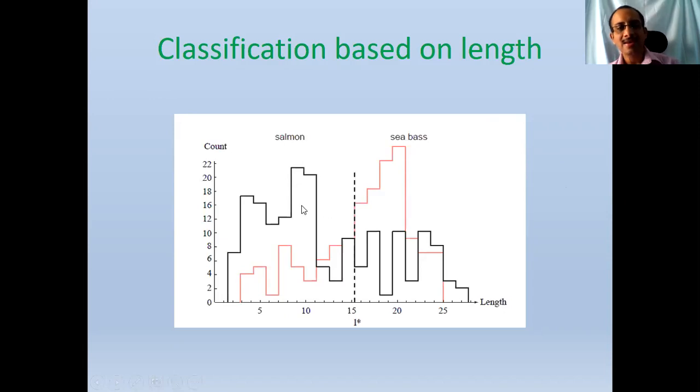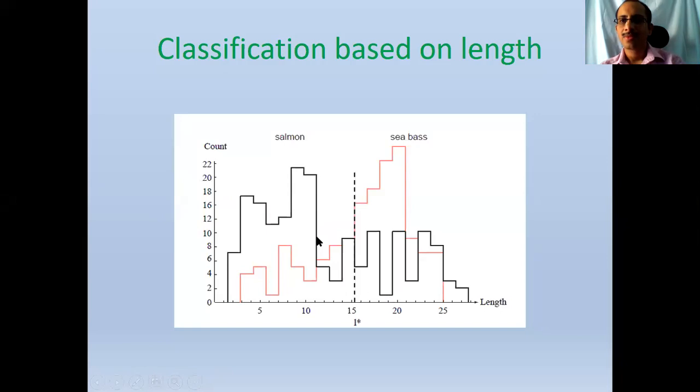But the question here is, what is this plot, the black plot? Is that only class 1 samples or class 2 plus class 1 samples together? Just class 1. Okay, what do you suggest? Should I make the distribution of class 1 samples separately and class 2 samples separately, or can I make a distribution of samples with length together? Together? So if I make it together, what is my problem? What is my objective?